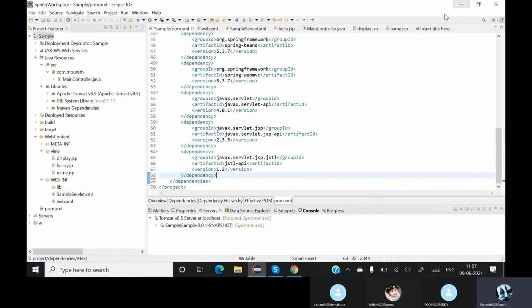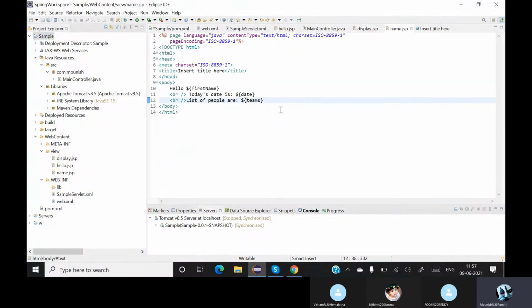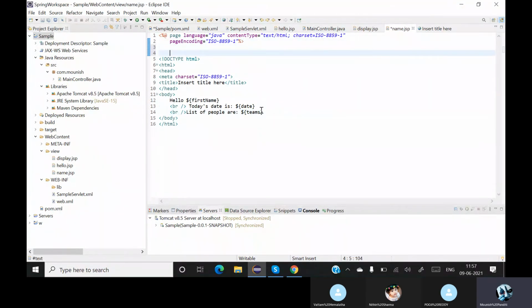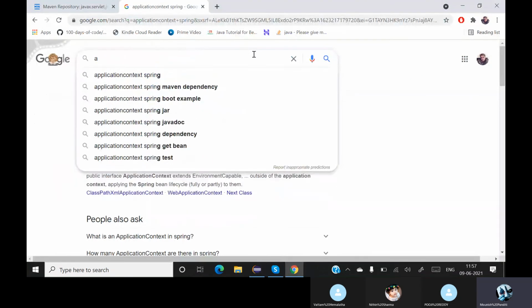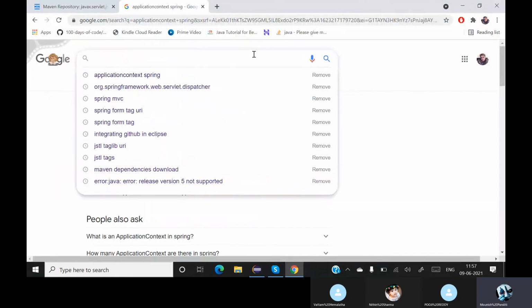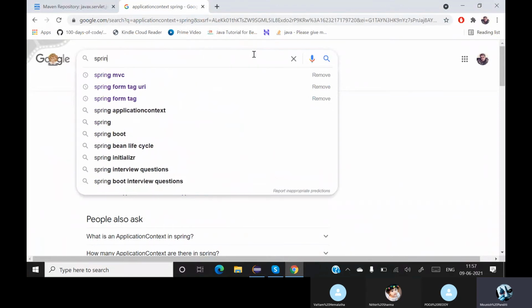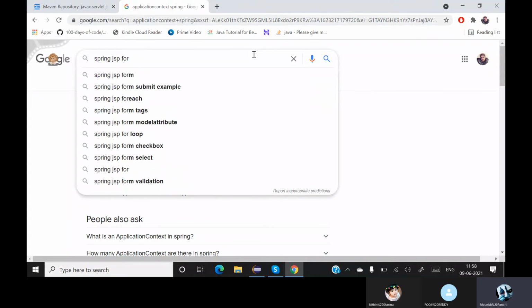Good. Now after this, we'll go to our name.jsp. But the problem over here is only JSTL is not enough. You need to have a for each loop over here. If you don't know where to find all these things, the only thing you need to do is go here, search for Spring JSP for each.